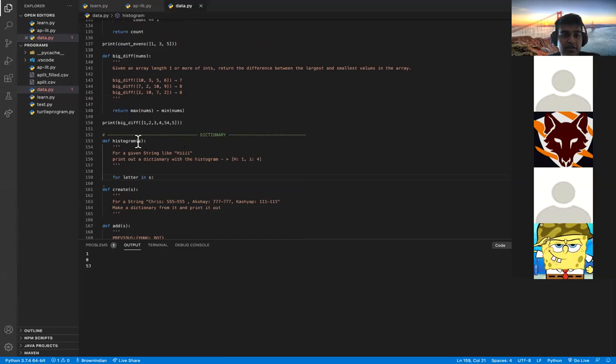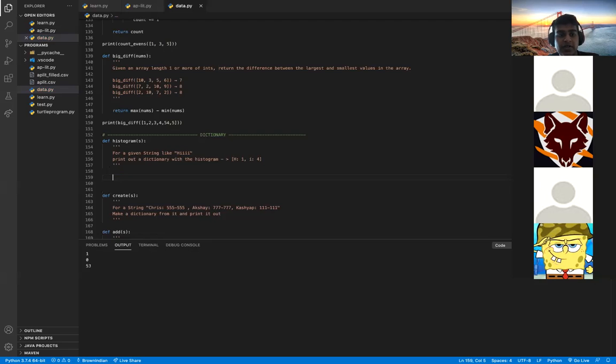So for letter in the word, the function will be called for, we have to check if letter, oh wait, my bad, sorry. Let's restart. Okay, so what we have to do is we have to print for a given string like hi,